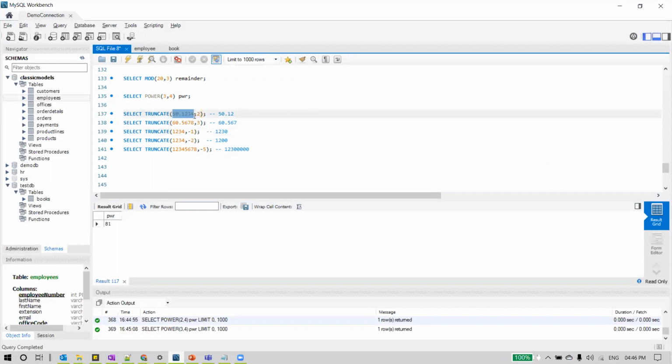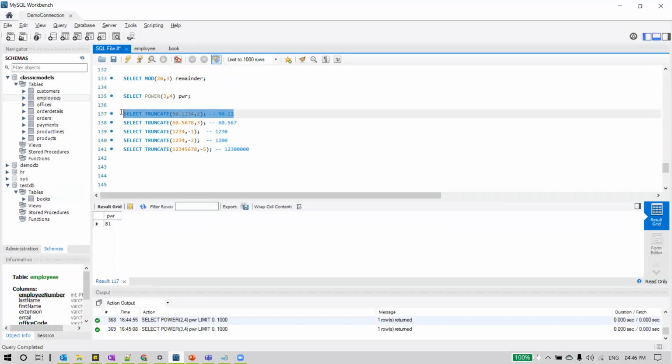When we pass two parameters here, observe it now. We pass two numbers. The first one is a decimal number, some 50.1234, and when we specify 2 here, it truncates the decimal places to 2. You will be shown only the first two decimals from this number. That is what this does.